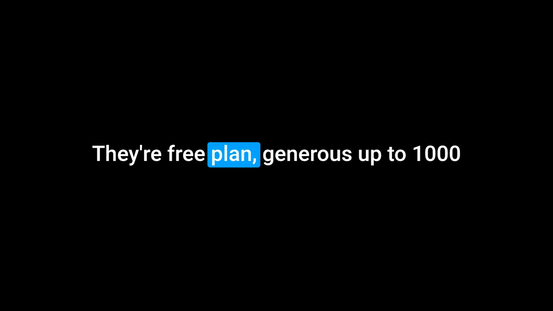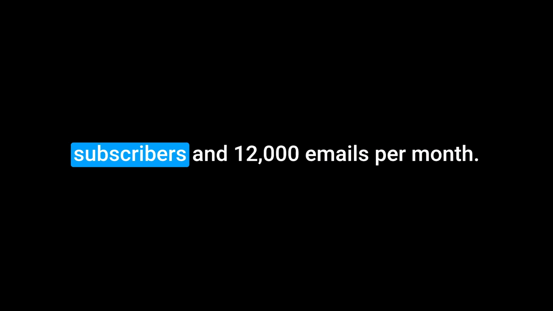Okay, tiered sends based on subscribers, and MailerLite's structure. MailerLite also provides a comprehensive tiered structure. Their free plan is generous, up to 1,000 subscribers and 12,000 emails per month. Beyond that, they have growing business, advanced, and enterprise plans, custom for over 100K subscribers. A key distinction for MailerLite's paid plans is that they offer unlimited monthly emails and technically unlimited subscribers. You pay based on subscriber count tiers, but there's no hard cap on sends per month once you're paying. Unlimited sends on paid plans.